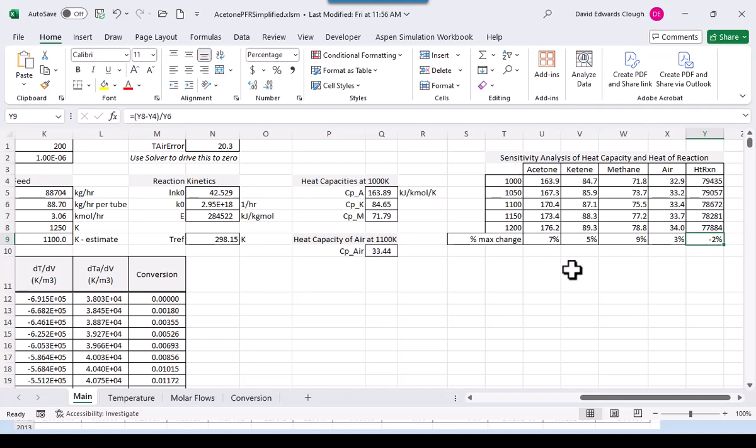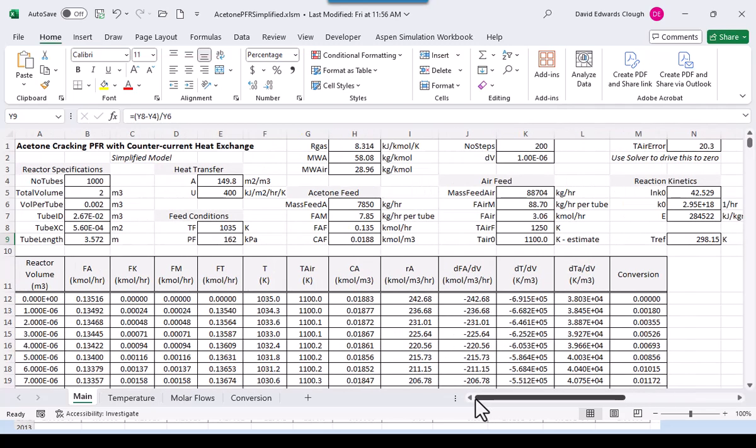And then here, what we've done is we've taken a look at a sensitivity analysis based on our correlations of what about this approximation of constant heat capacity. So we're just testing this out by looking at the heat capacity and heat of reaction at different temperatures for our components, and then looking at the kind of changes that occur between 1000 and 1200 kelvins. And we can see that there is some change here. It's less than 10%, and the change in the heat of reaction is actually less than that. It just gives us a little bit of an idea of what we're sacrificing by assuming constant heat capacity and